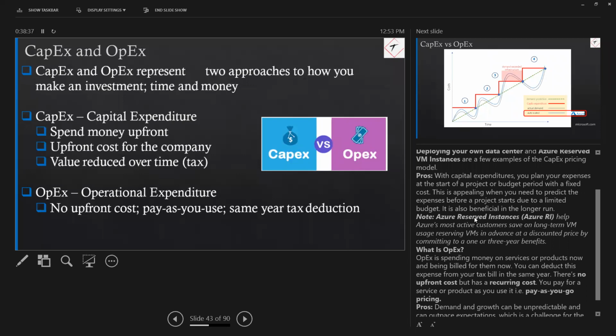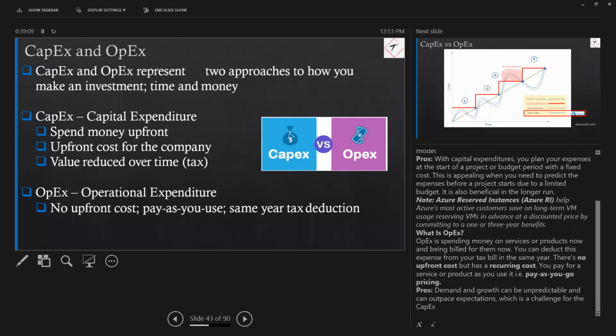What are the pros of capital expenditure? You plan your expenses and you know this is the expenditure I'm spending for this year, but you might have to buy some more as your business increases, or you might be paying for some unused resources if your business reduces or if you're not making use of